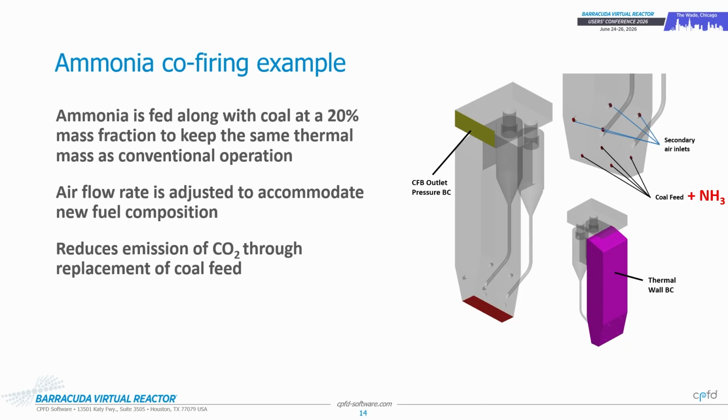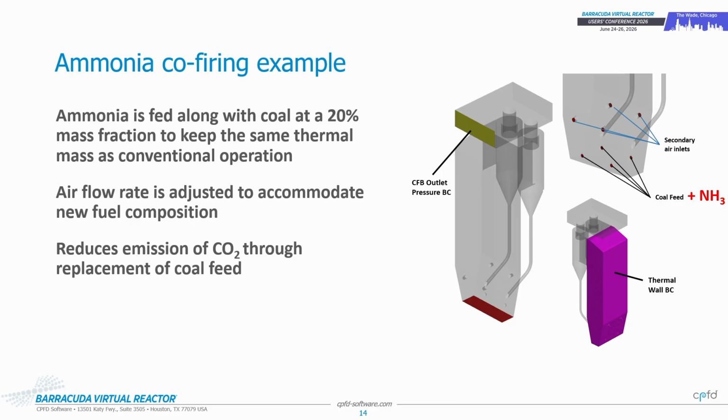All right, so then getting to this additional case, we wanted to showcase an example of how one might use an application model. And so you could take that base 110 megawatt example and start to adjust your feed conditions. In this case, we came up with a case where we replaced 20% of that coal feed with ammonia. And the idea being to keep the same thermal mass as conventional operations. So this should be generating the same heat as we would see in a typical industrial, or as in that baseline industrial CFB. The air flow rate was slightly modified,